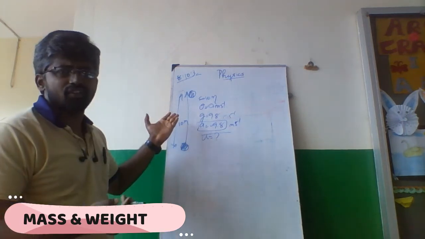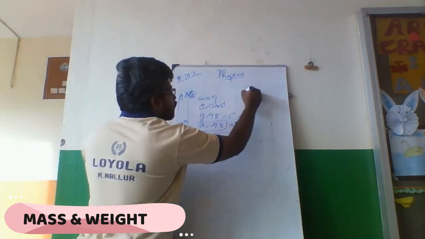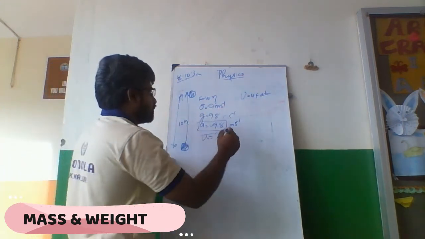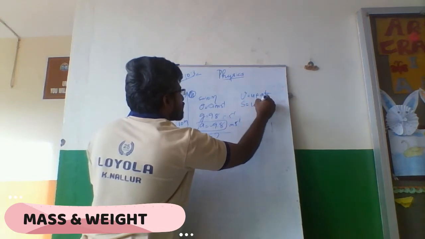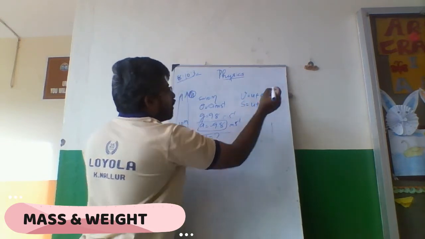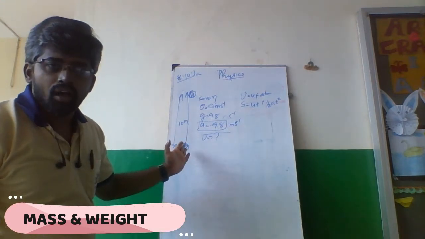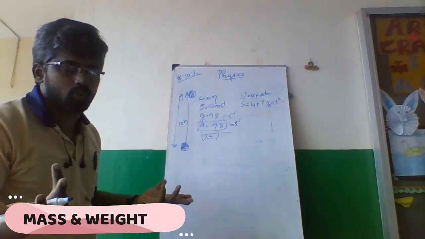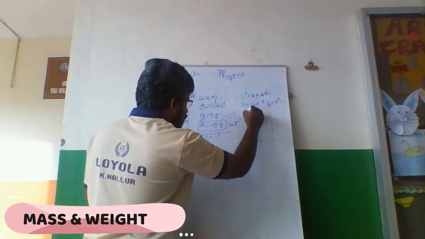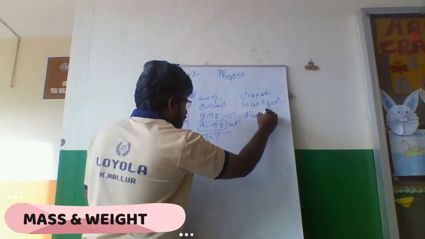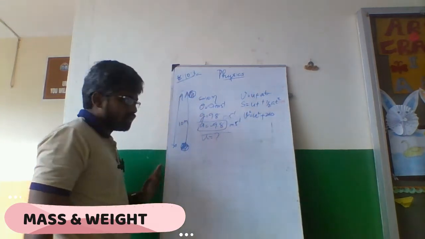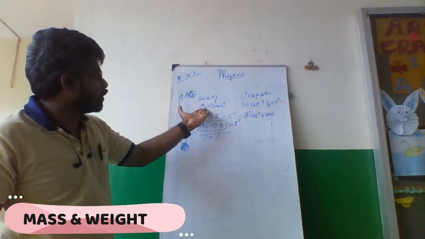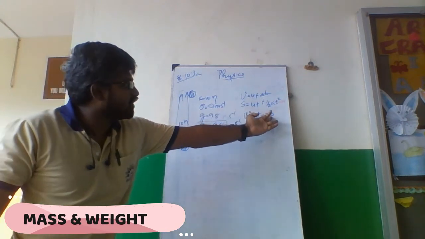Now t is not given, so we cannot use the first formula, v = u + at. t is not given. We cannot use the second one either, s = ut + half at squared, because t is not given. In how many seconds it has reached the 10 meters, we don't know. Okay, the third formula: v squared = u squared + 2as. Yes, there is no t. We can apply that, because we know v is equal to 0, u we don't know, but s we know.